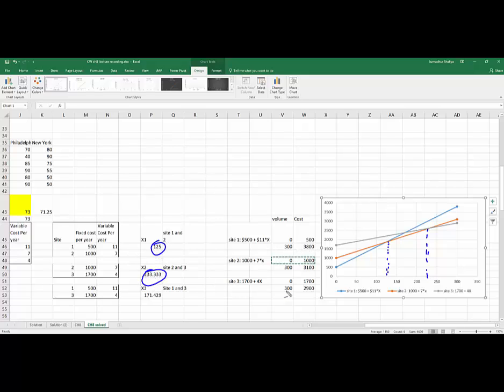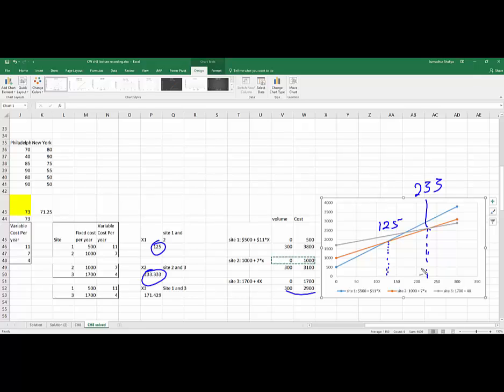This process is good to visualize the overall 30,000 feet bigger picture. And beyond 233, so let me write this down. This is at 233 volume, and this is 125 volume. Okay. Beyond 233, site 3 is better, which is represented by gray. Okay, so this is the full